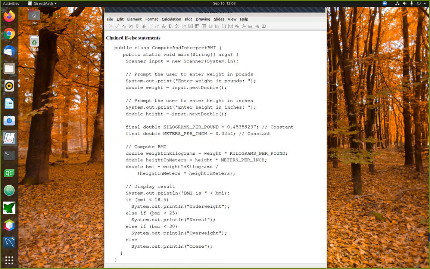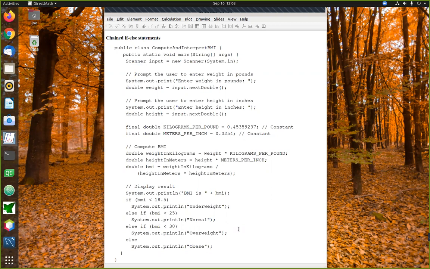The next question to ask is this BMI value less than 25? If it is, you fall into the normal category. The next question after that is the BMI less than 30? With a BMI less than 30, you're considered overweight. And the final default category, which is basically the category where your BMI value is 30 or greater, that's considered